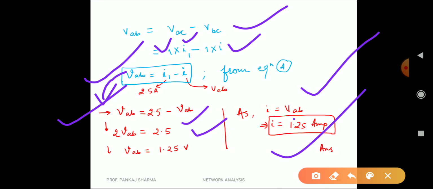So it was a very easy question, very conceptual. My advice to all students is to just go through these videos very carefully. Pause the video, make your notes, start the video, listen to it carefully, pause the video, make your notes. Once you have gone through the video, just try to solve the numerical or the circuit diagram by yourself, without seeing the solution. That will make you more aware of the process and a logical brain will be developed.